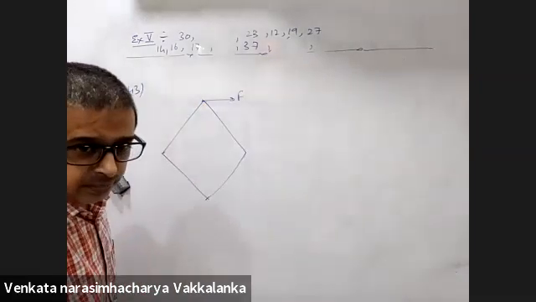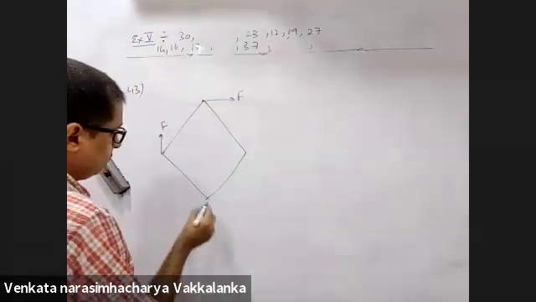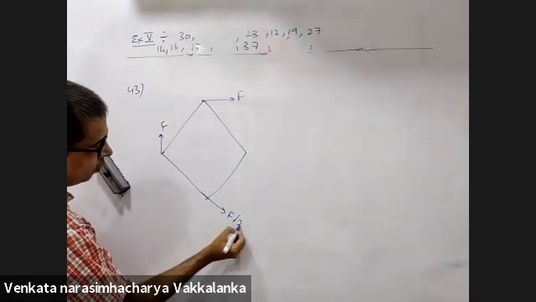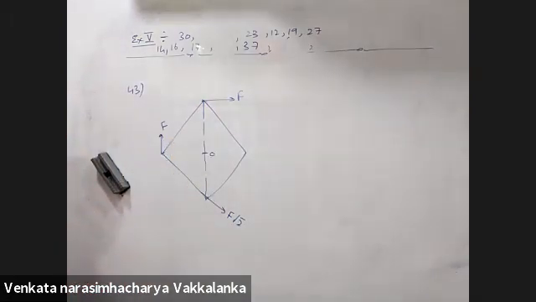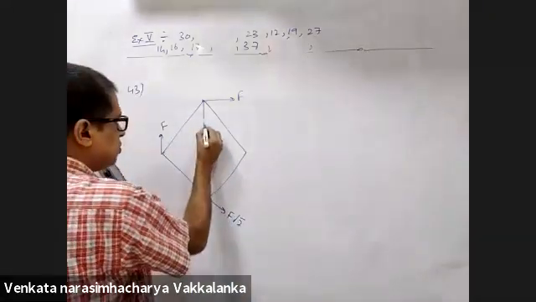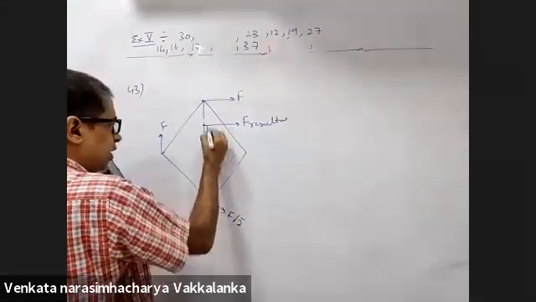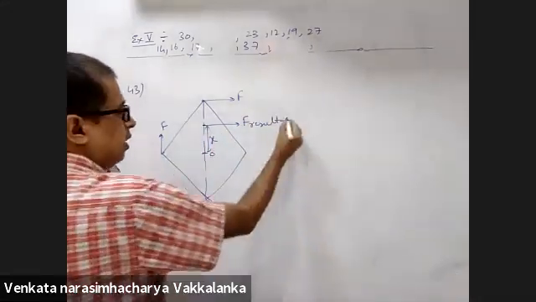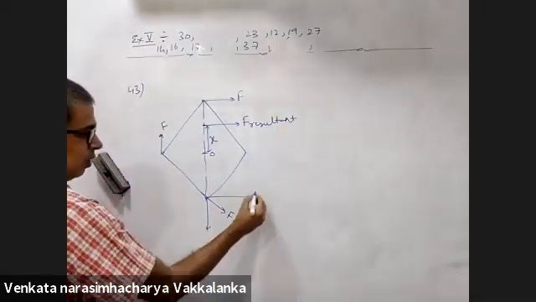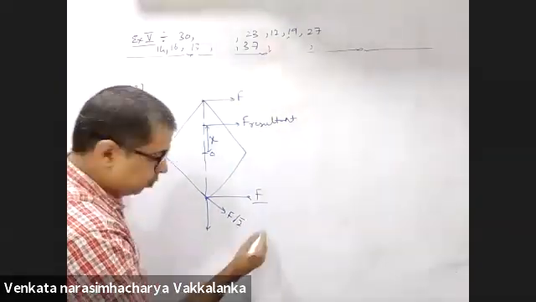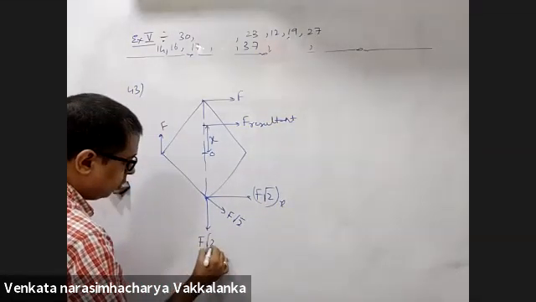This is at... This is at... This is at root 2. Find the net torque about O due to all the three forces. Equate it to F resultant into X. Now F root 2 I will resolve in these two directions. F root 2 along X axis, F root 2 along Y axis.